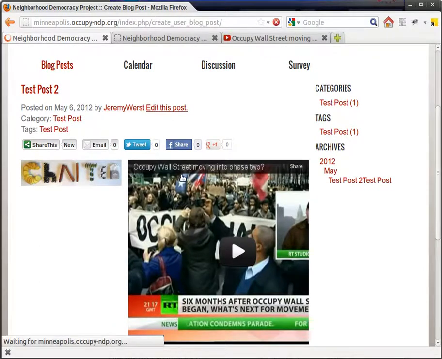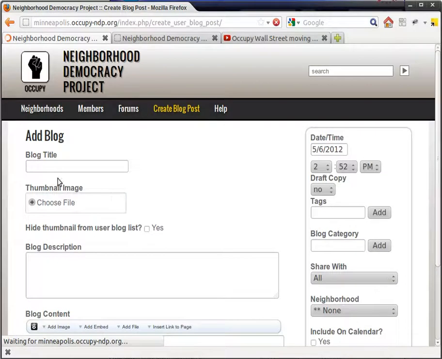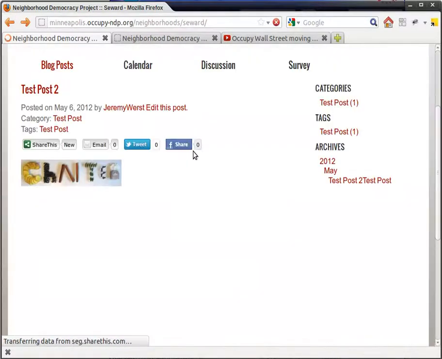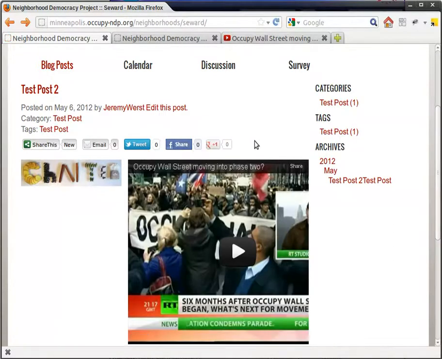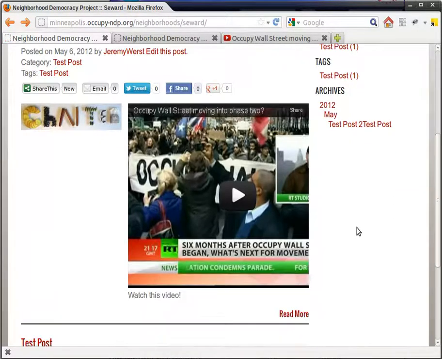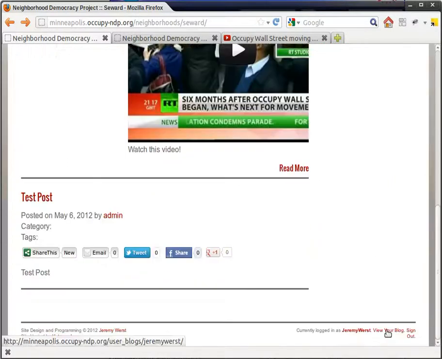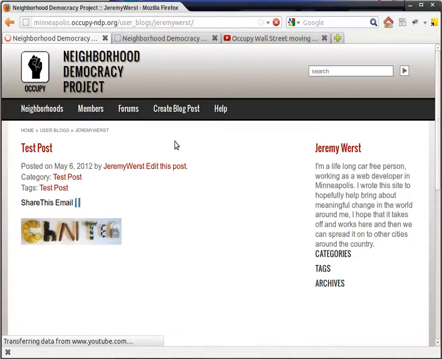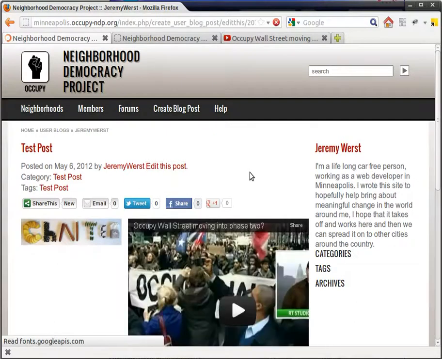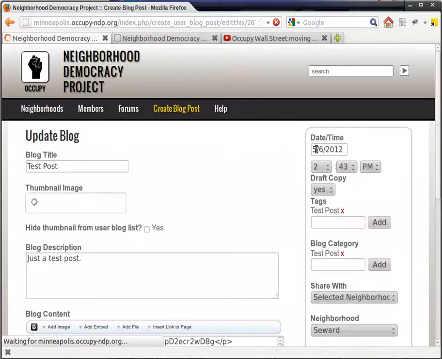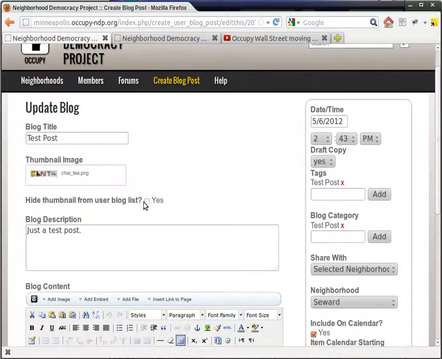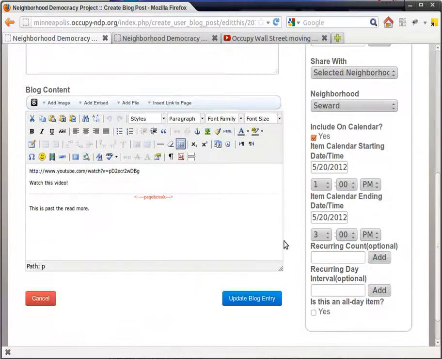So if we just go ahead and edit this post, sorry, I guess you can't actually edit the post from the neighborhood. You should do all editing from your own blog. There we go. So if we just click hide thumbnail,